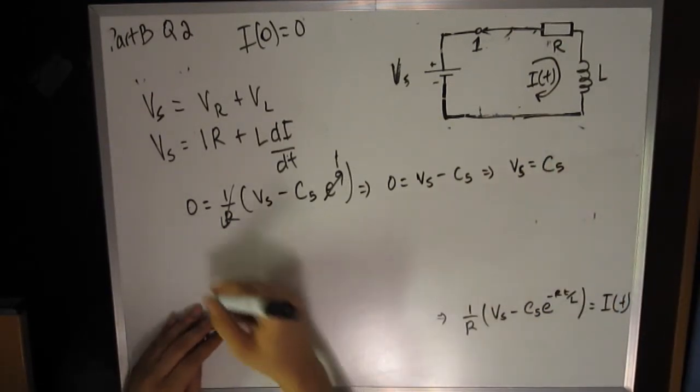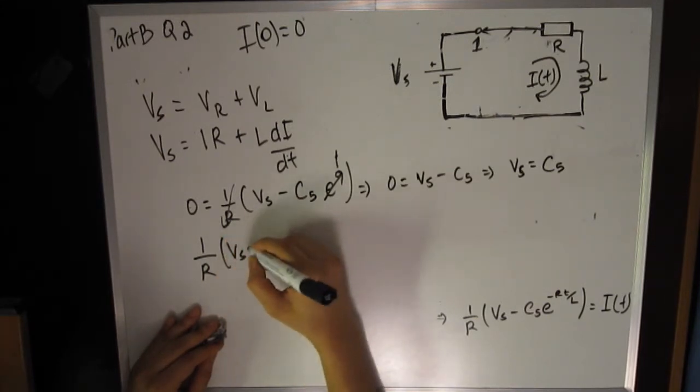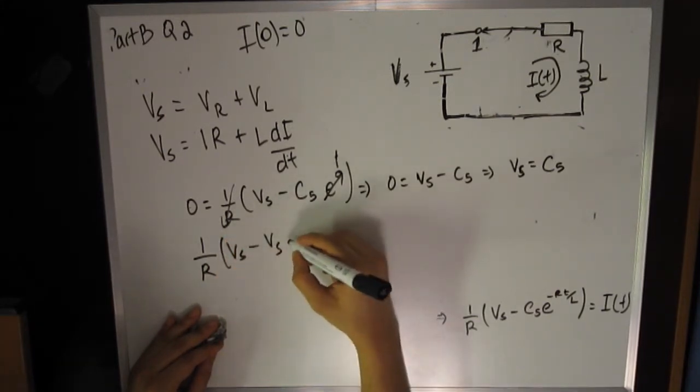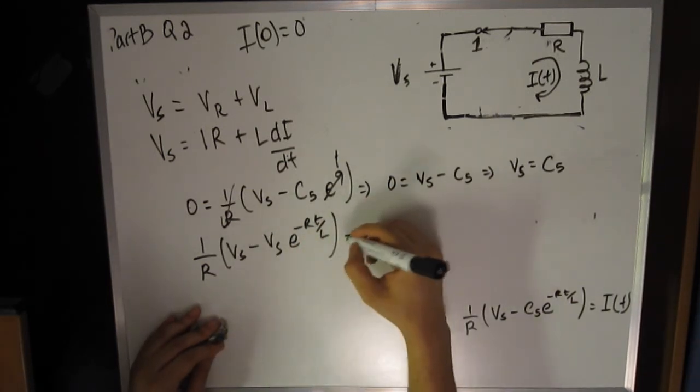And you can just go ahead and substitute that in over there into your final equation. So that's Vs minus Vs e to the negative RT over L. You can take the Vs out, so you get